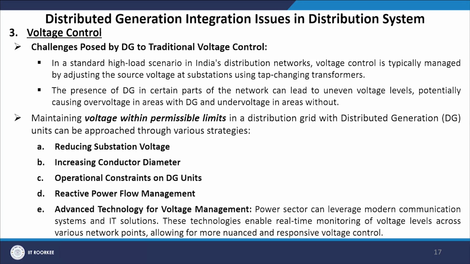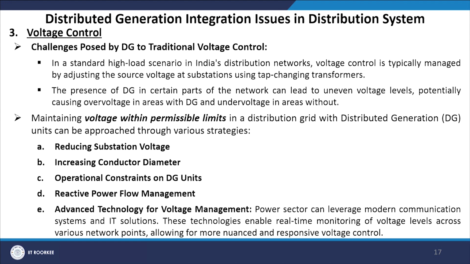Other strategies are increasing conductor diameter, operational constraints on DG units, reactive power flow management, and advanced technology for voltage management. Power sector can leverage modern communication systems and IT solutions, and these technologies enable real-time monitoring of voltage levels across various network points, allowing for more